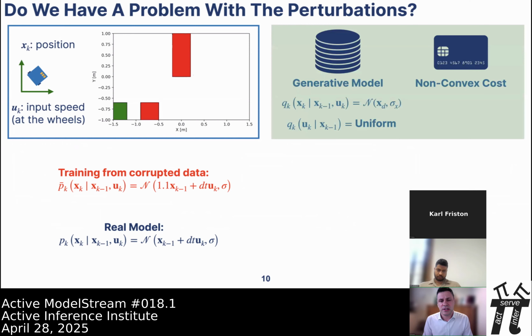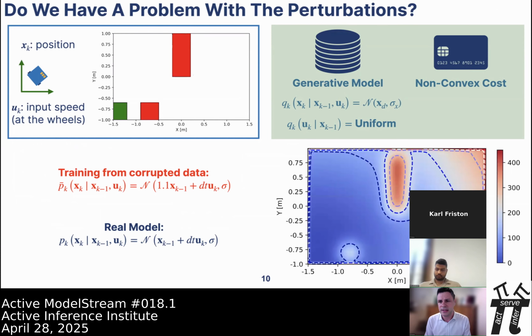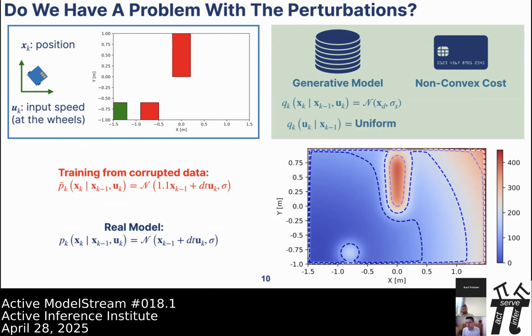Now, let's set up the policy computation framework. Let's say we have a very simple generative model where the state distribution is a Gaussian centered in the goal destination, and Q, the generative policy distribution, is just a uniform distribution. And let's say that the preferences, the cost of the agent, formalize collision avoidance with the obstacles. So our cost functions are basically something like the one that you see in the bottom of the picture. We have walls, mountains that emulate the presence of the obstacles, and then you have a minimum in the bottom left part of the work area, at -1, -1.5.